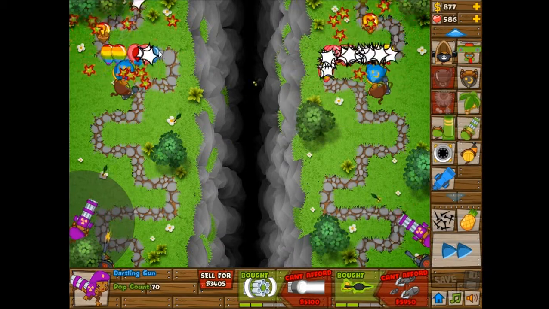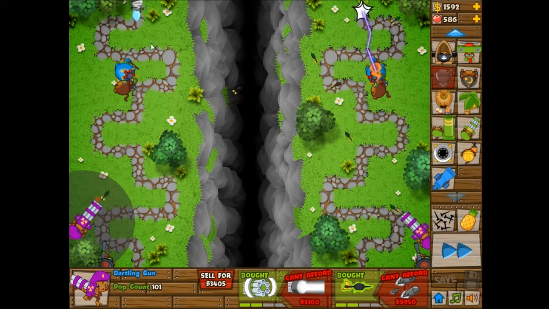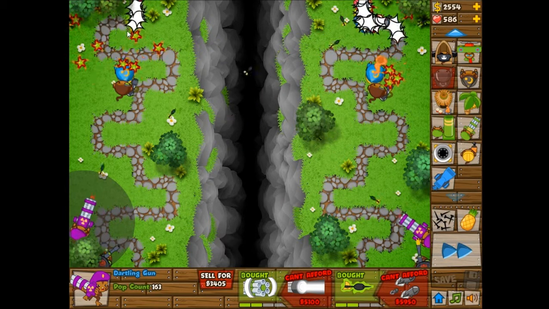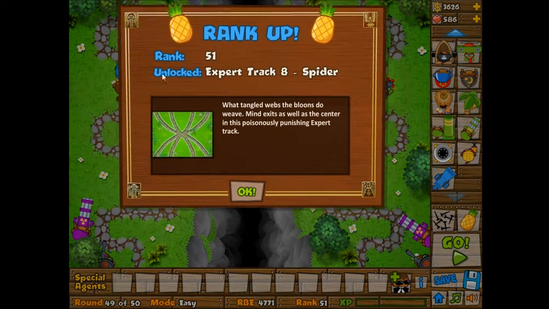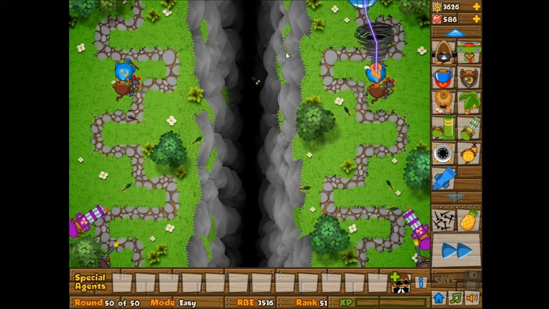And if only these were the fixed point Dartling guns rather than just the regular aiming. If I had the specialty building, then I could just have each of them pointing at their own entrance rather than having to move it only one at a time. That'd be pretty interesting, but obviously unnecessary. And oh hey, look at that, rank up spider. What tangled webs the balloons do weave, blah blah blah. I'm not reading that. Anyways,